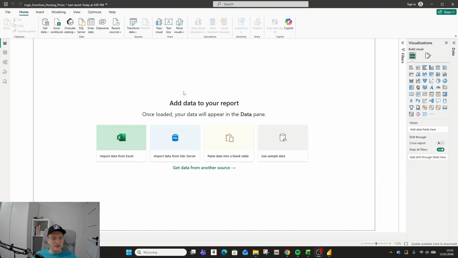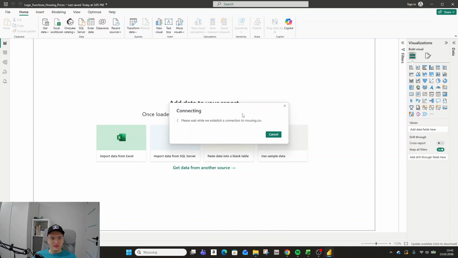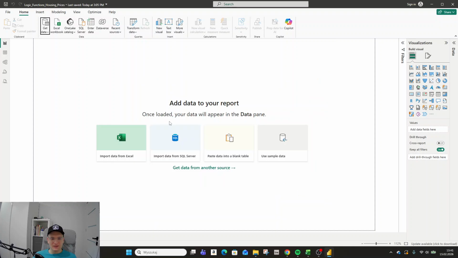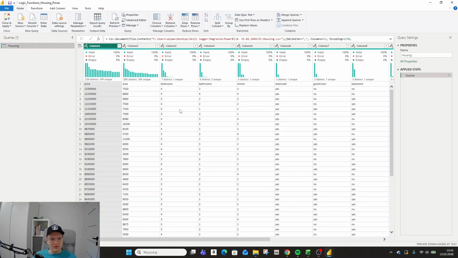Power BI. We are continuing DAX functions today with logical ones. First, I have to load the dataset as it is not loaded yet. Today, a different dataset. I'd rather change the dataset so each time I can look a little bit differently at some data. So here is